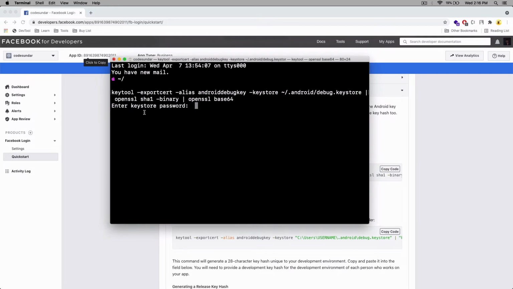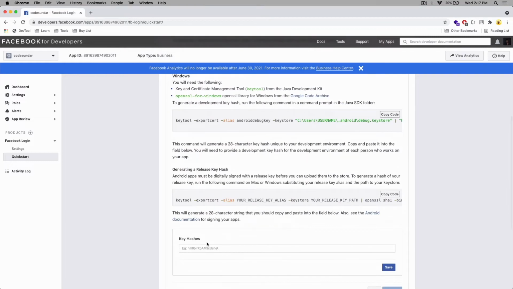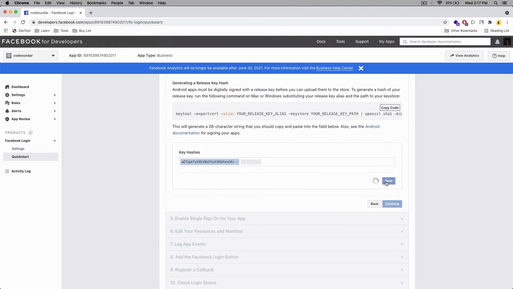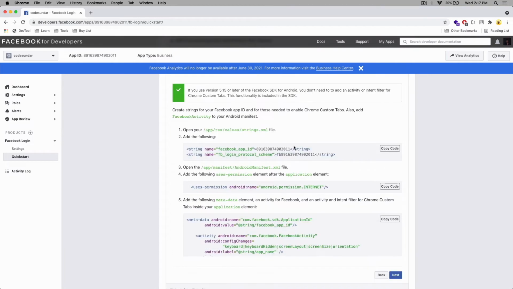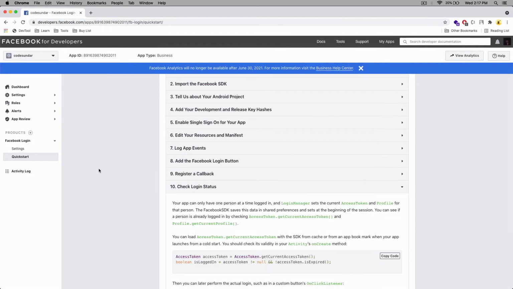It will ask for the password. The default password is android. Now you can see the key has been generated. I need to copy this and paste it here. Then click save and then click continue. Now our Facebook login setup has been completed.